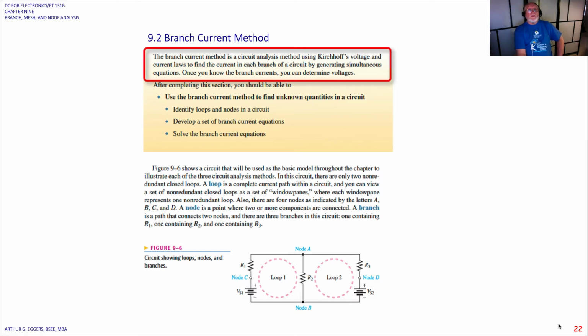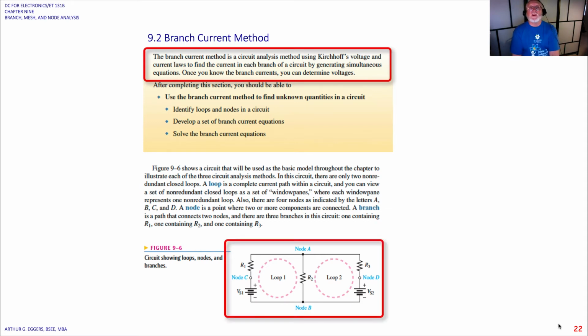So now we move into something called the branch current method. The branch current method is a circuit analysis method using Kirchhoff's voltage and current laws to find the current in each branch of a circuit by generating simultaneous equations. Once you know the branch currents, you can determine the voltages. So you can see in the example below, the circuit showing the loops, the nodes, and the branches